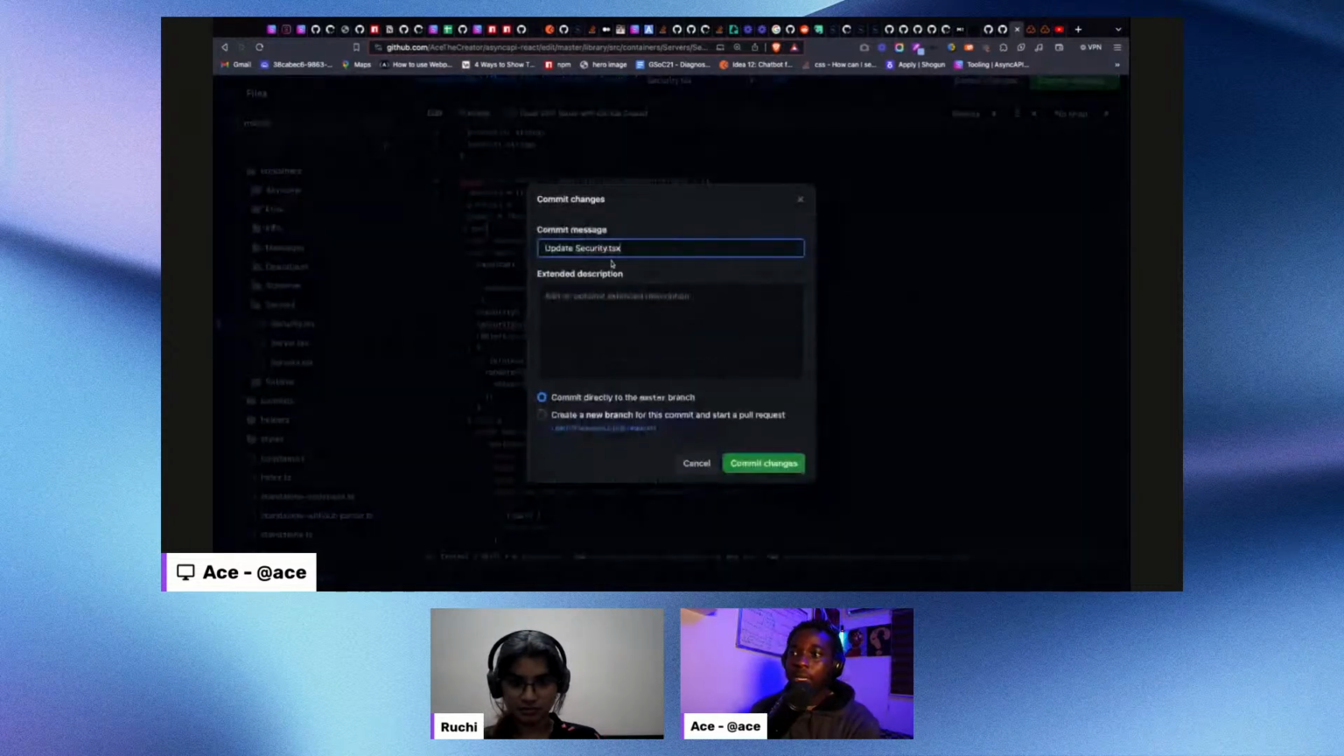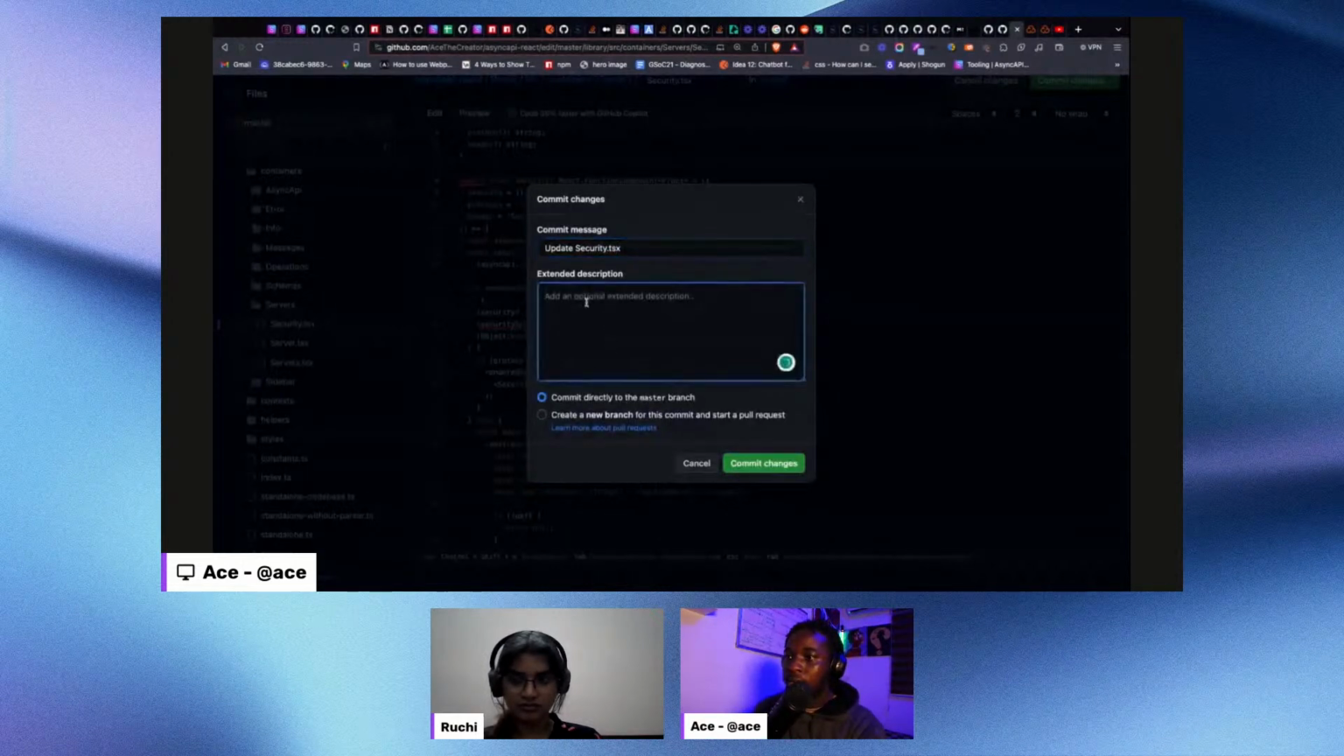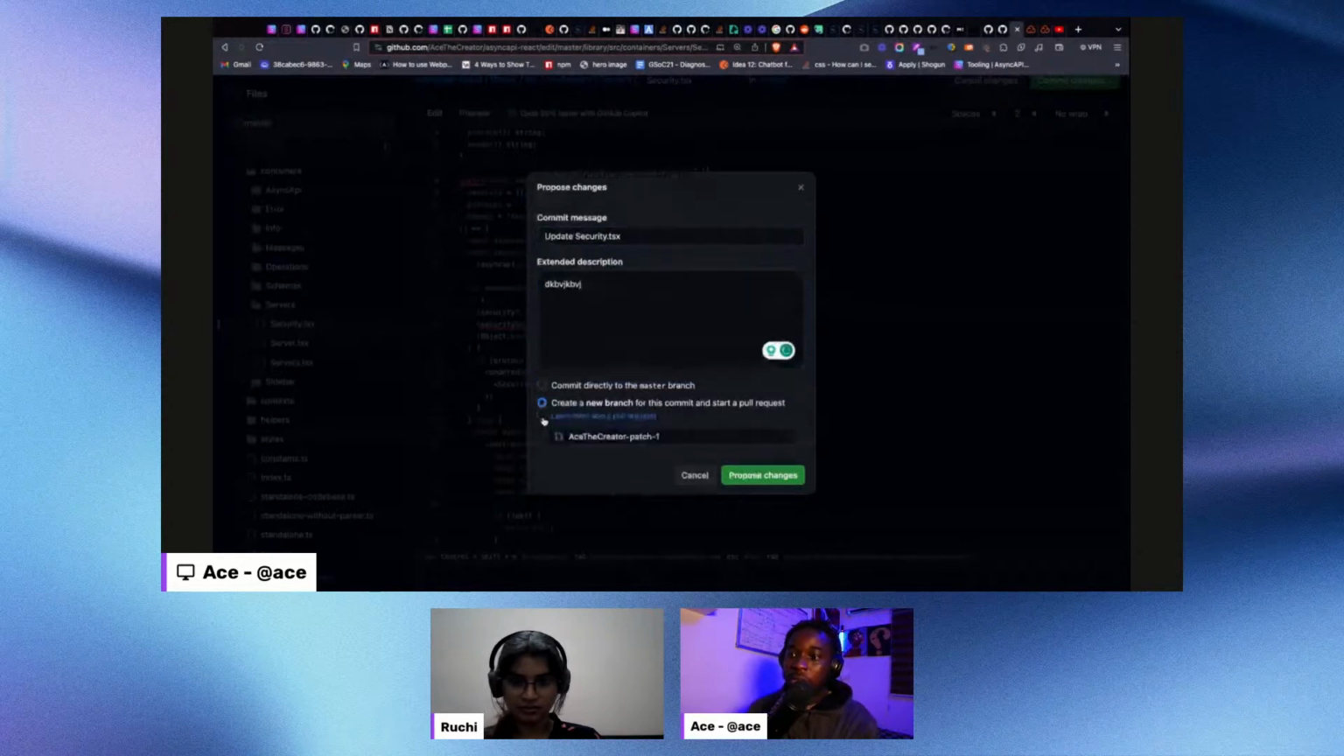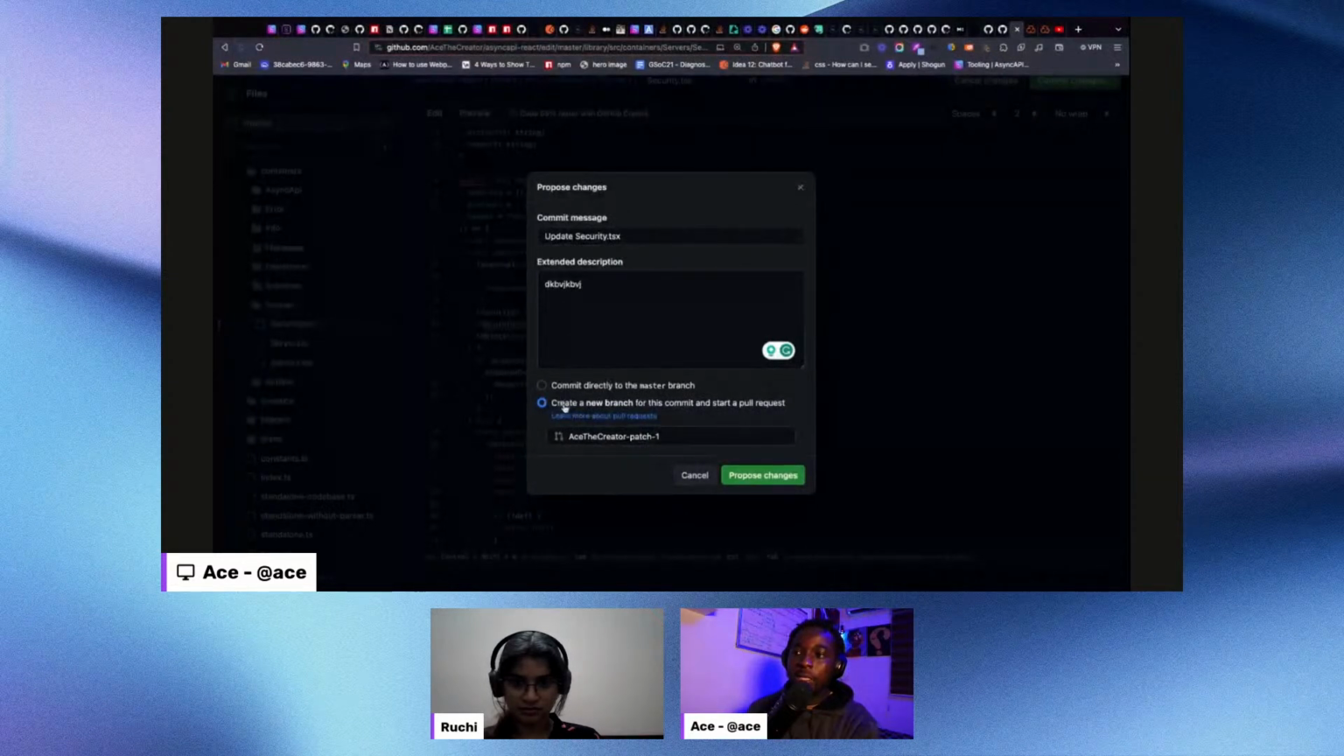and add my own commit message, right? Update security.typescript. So I can add an extended description. So what I have to do is either commit directly to my master branch or create a new branch for this commit to start a pull request. So I would mostly encourage folks to go with the second option, right? Instead of the first one, all you have to do is select the second option, so it will create a branch for you automatically and propose changes. So I just have to click this,